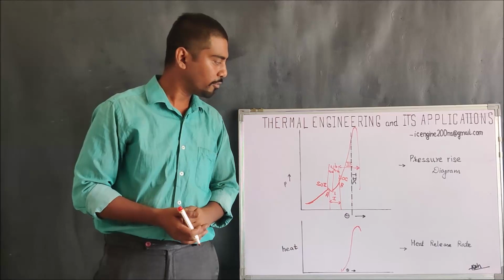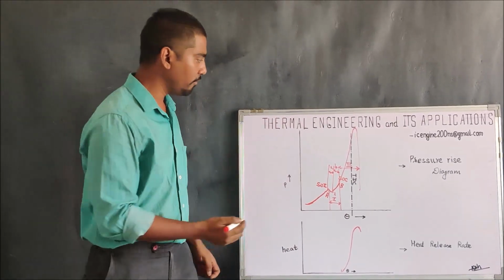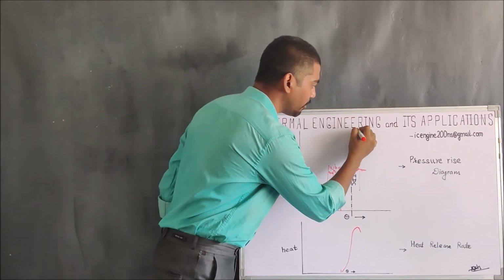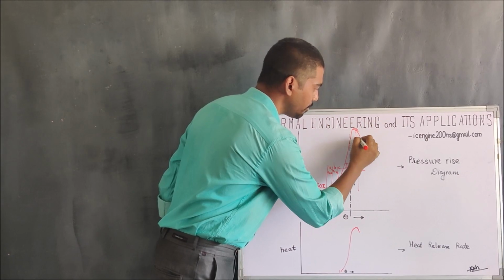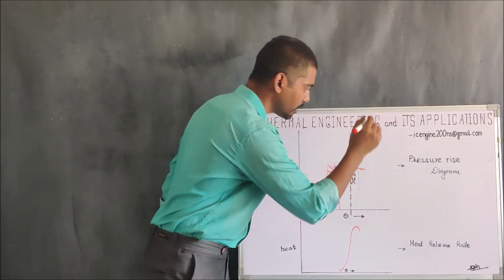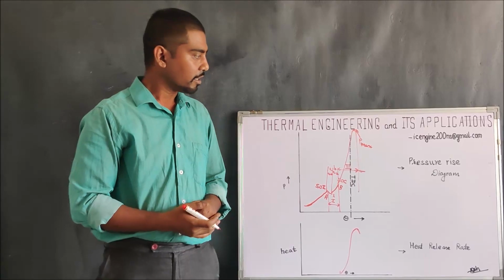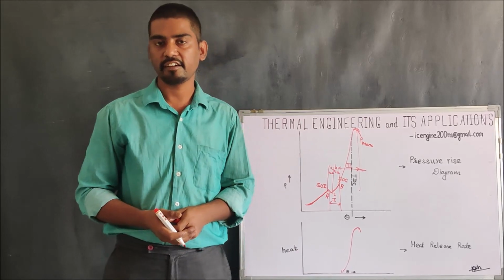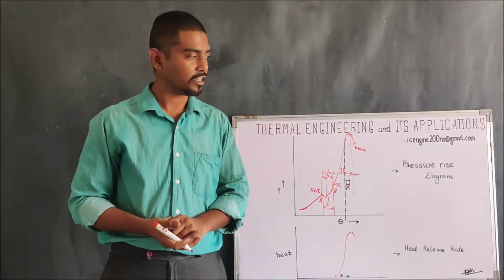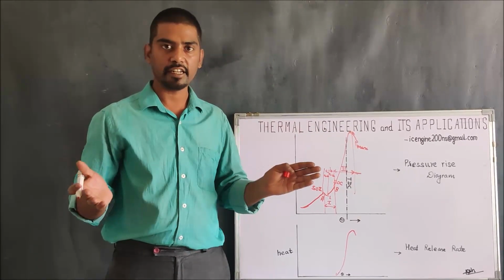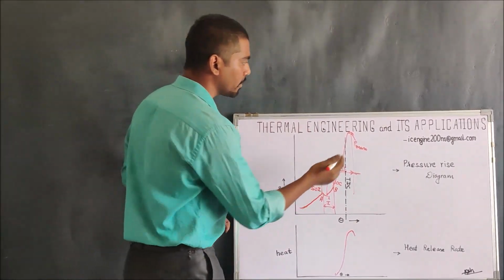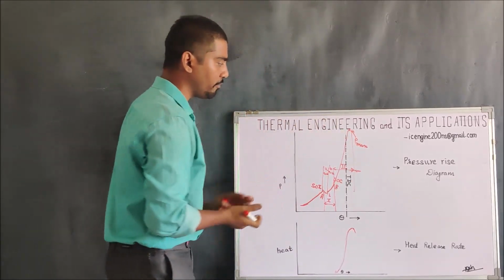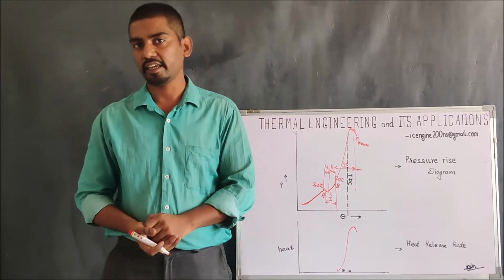Let us now go to the next stage of combustion, which is called the uncontrolled combustion. It starts at the point of maximum pressure. What exactly happens? We have already studied the valve timing diagram. If you have any doubt regarding it, you can refer to the info button and check in detail how the valve timing diagram works. That will give you an idea from which point to which point we are going to inject the fuel in a CI engine.